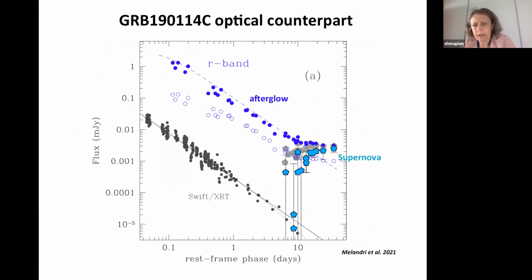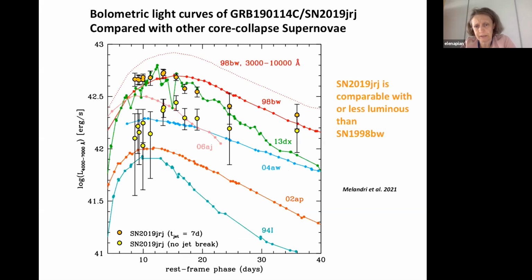And this is the optical light curve that we have decomposed into a non-thermal, monotonically decaying afterglow and a supernova, shown as the turquoise pentagons. So the supernova, you see better here the bolometric light curve of the supernova. Bolometric is a bit of an iffy definition here because this object doesn't have many data. We couldn't follow it up in many bands. So bolometric here actually refers to between 3,000 and 7,000 angstrom. So it's pseudo bolometric.